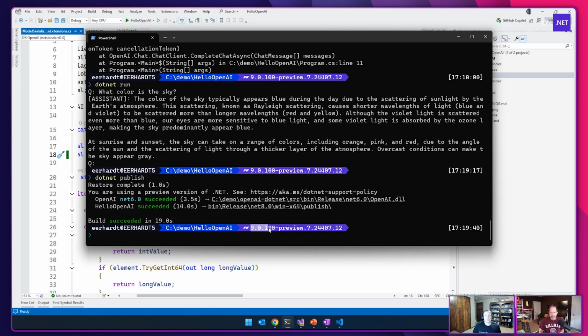The considerations there are the SDK version that you have can build for any previous version. So you can use the 9 SDK to build for .NET 6, 5, which is out of support. And in this case here, the OpenAI one popped into the release in .NET 6, and the top level parent Hello OpenAI console app is a .NET 8. Right, exactly. Because .NET 6 is compatible with .NET 8. Yep. You can take a library that's built for 6 and run it on 8.